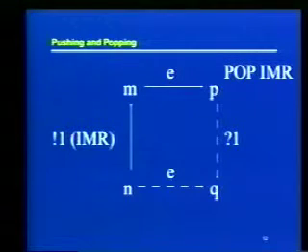And then when we get to the pop IMR, so you imagine that in this node P in the graph, that's the node for an instruction that says pop IMR. What we're going to do now is that we're saying, but we know from the graph's point of view, we know what's on the stack because it's this IMR value over to the left there. That value is the one that's pushed on the stack.